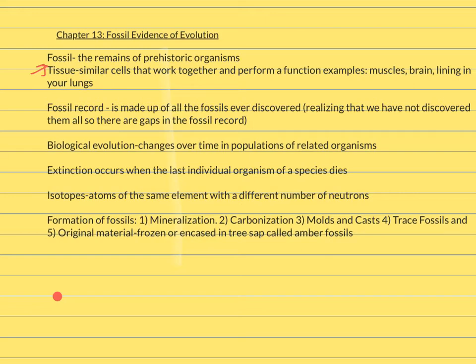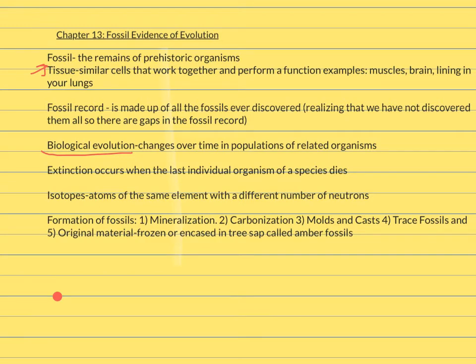So the fossil record has gaps in it, but there's a lot of information that is used from the fossil records. For example, they use the fossil record to help them see biological evolution as it has occurred in similar species. They would be species that are related to each other, like ancestors, and they can actually see the changes in those species over millions of years. So biological evolution is changes over time in